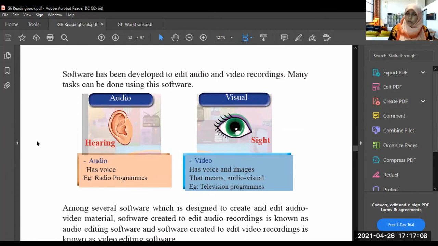Software has been developed to edit audio and video recordings. Many tasks can be done using this software. There are softwares to edit audio and videos, and many tasks can be done using them.